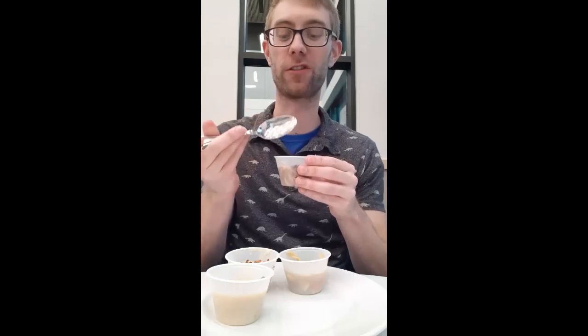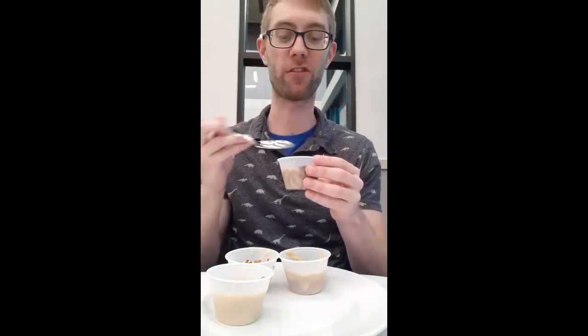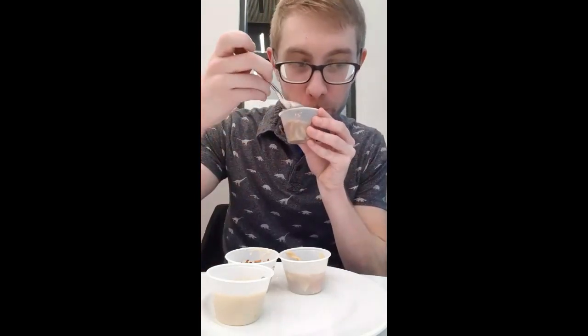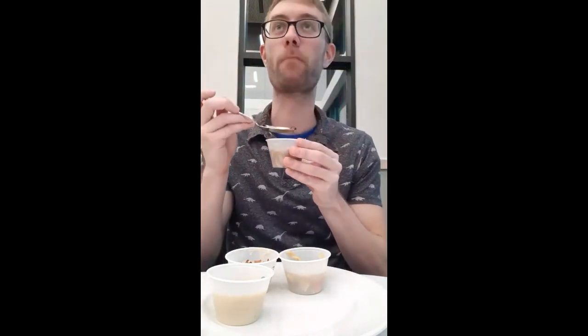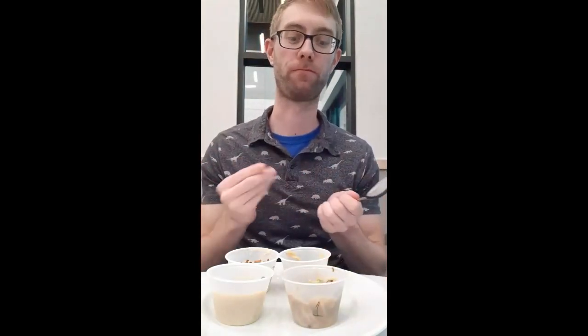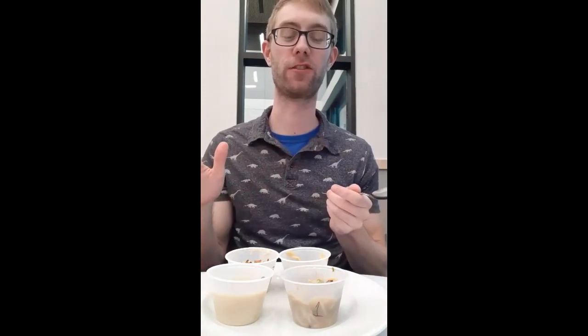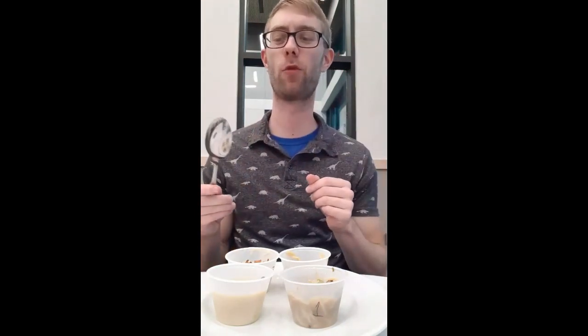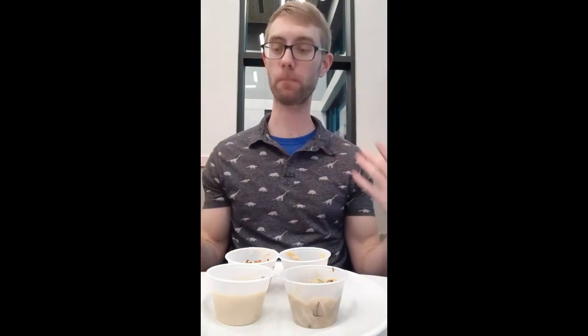Very strong notes. I can taste the soy, taste the sesame, very good. I want to make sure I get a piece of this pork belly, though. Ooh. Done very well. Soft. Texture, seared, to give it that crispy edge, and it's got a little kick to it as well. So we're going to let the palate cleanse for a second there, reset, and we're on next to Java Soupers,